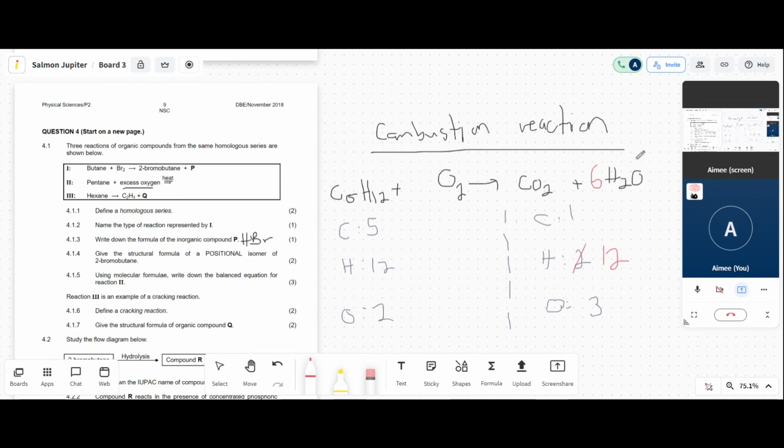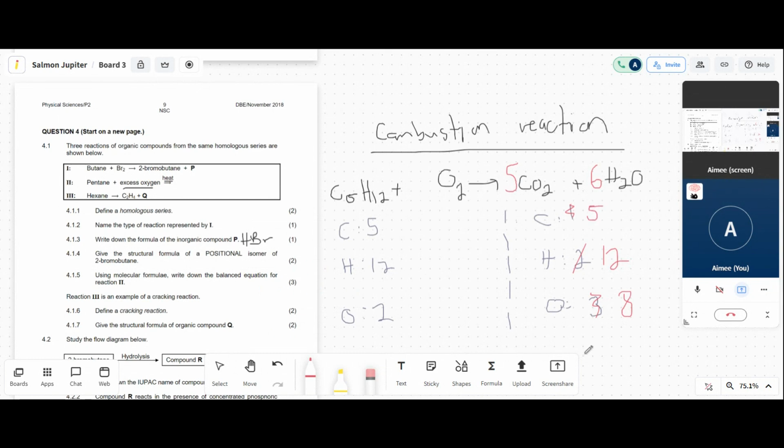Okay. This does, however, implicate my number of oxygens. So now I've got 6 oxygens plus the 2 over here, so this number changes to 8. Now my carbons and my oxygens aren't looking so great. But it's also pretty easy to fix this one. I can literally just multiply this side by 5, so I can make this side look exactly like this side. So this becomes